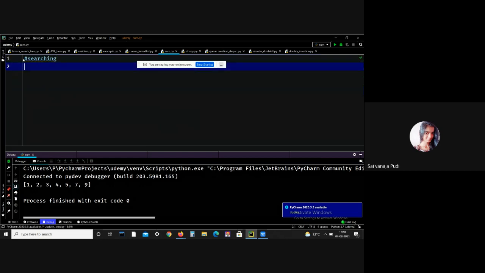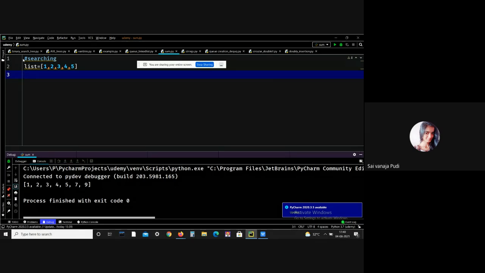In Python, in a list, we can search for an element by two methods. The first one is using the in operator, and the second one is linear search. Let me explain what the in operator is. Let me take a list, 1, 2, 3, 4, 5. I just want to check whether element 2 is present in that particular list or not. Here I am using the in operator to search that element.